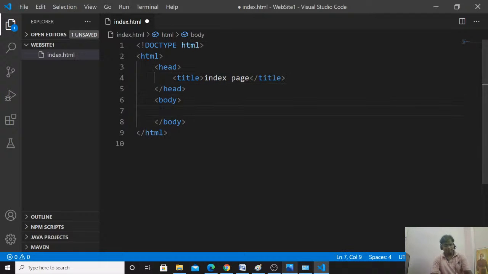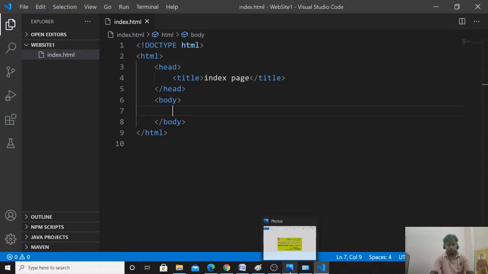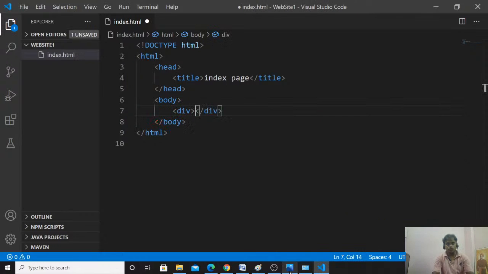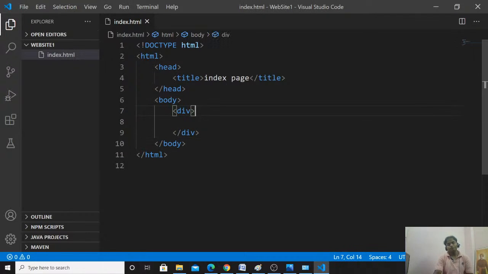And in the body tag, I'm going to provide a div tag. This is the first div tag. In this div tag,